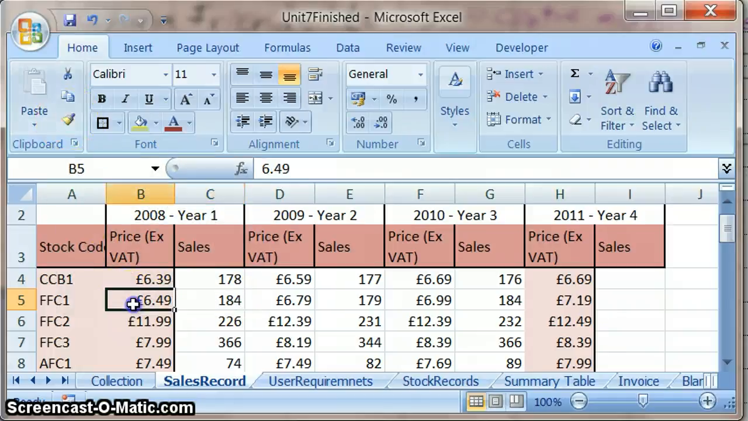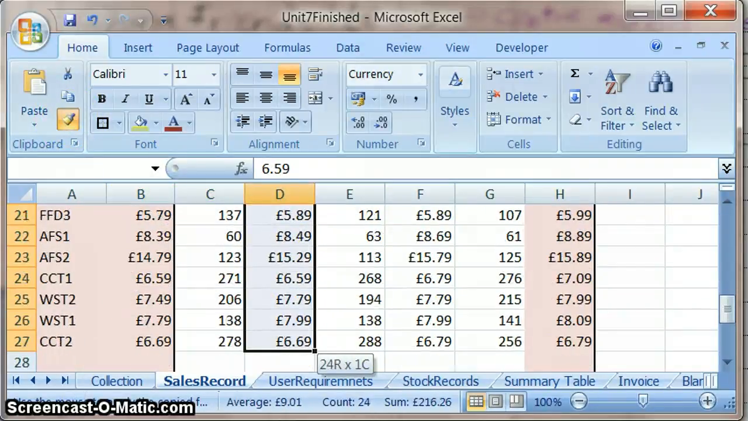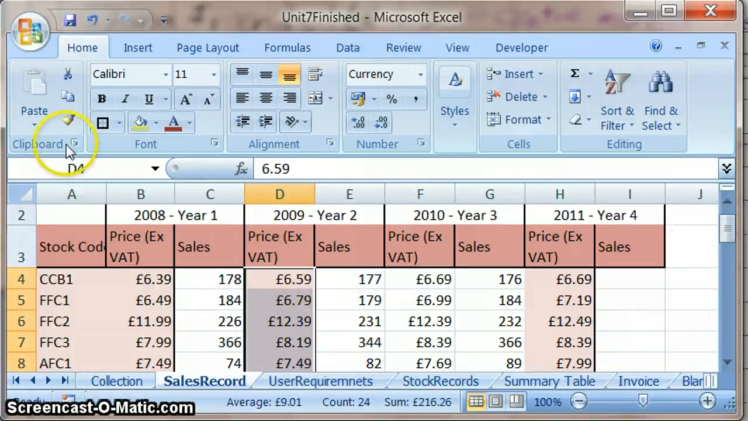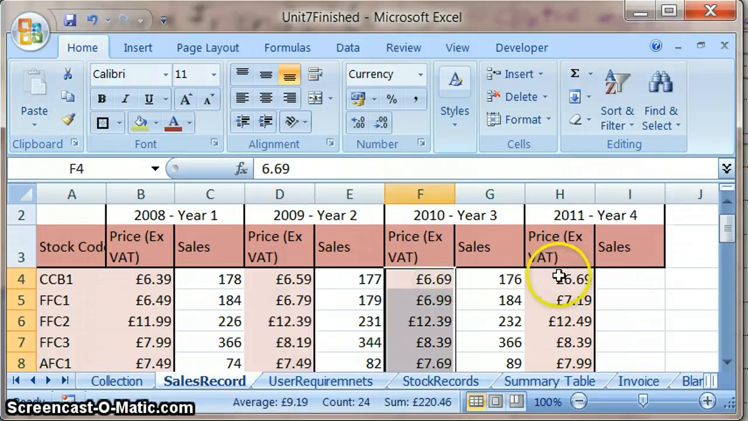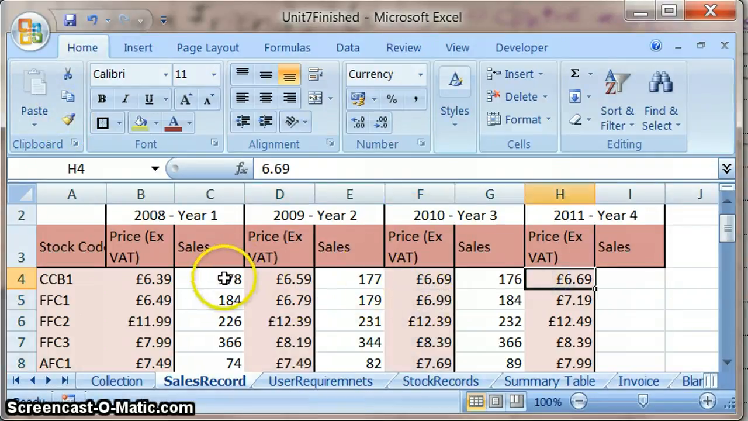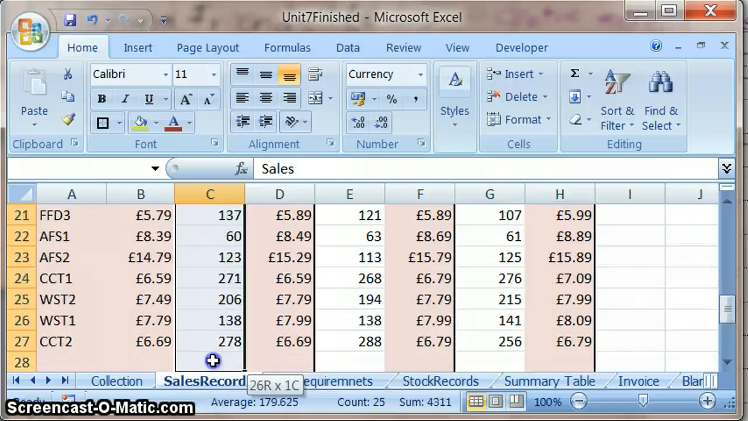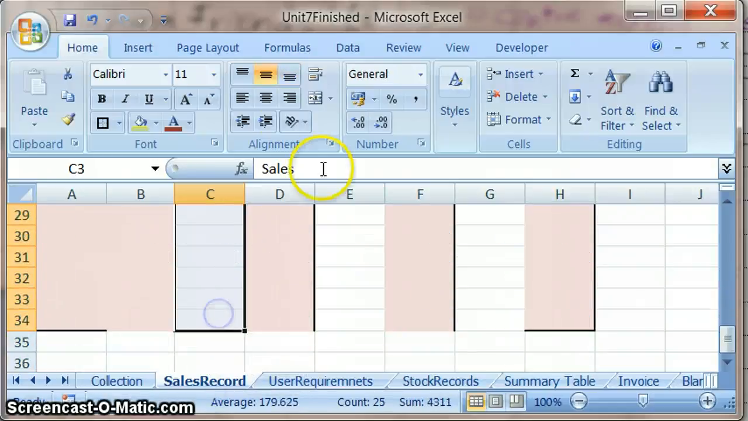I'm just going to do this for prices actually, because later on we're going to put some formula in, and it might be quite good to have these separate colours so that we can see where the prices are and where the sales are. And the sales column, I'm going to just center all of these, and again if I center them I need to